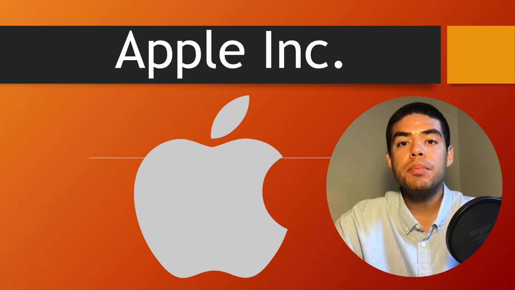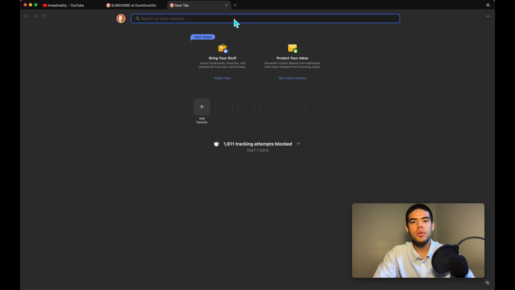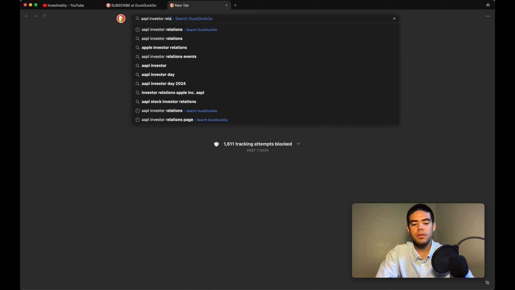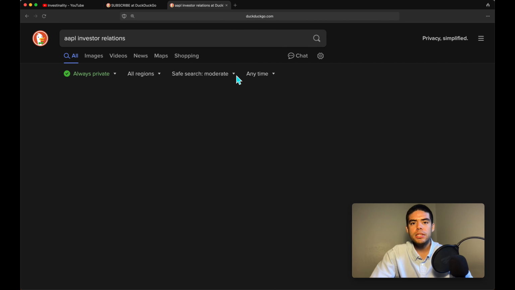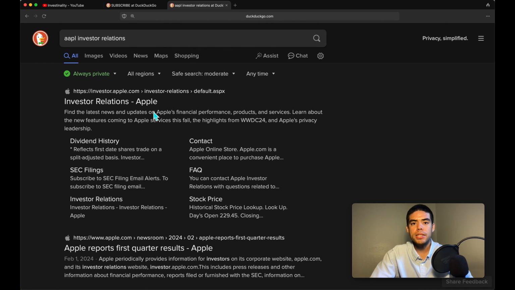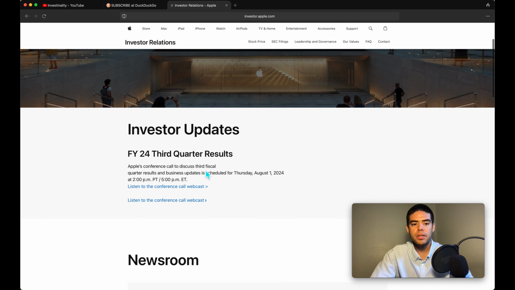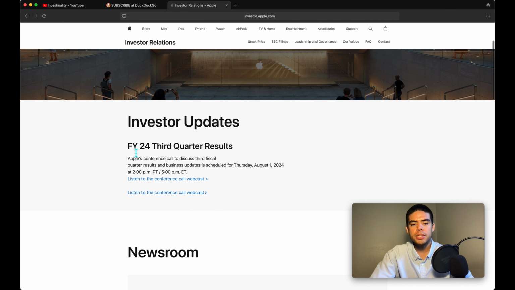However, the approach to calculate the price to earnings ratio is going to be the same. Okay, so we know that we're going to need the full year EPS and the price for the price to earnings ratio. So in order to find the full year EPS, what we're going to look for is Apple Investor Relations. And once the Apple Investor Relations page opens up, we're going to be able to see the most recent balance sheet. So clicking on that link leads us to the most recent quarter, which is going to be fiscal year 24, third quarter results. Those are going to come out.